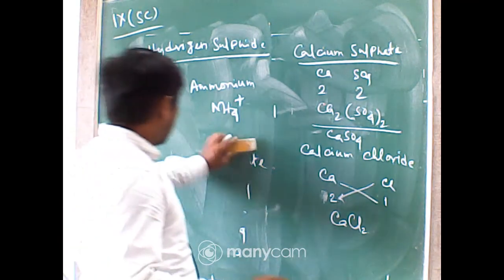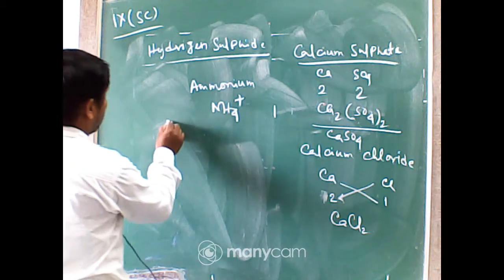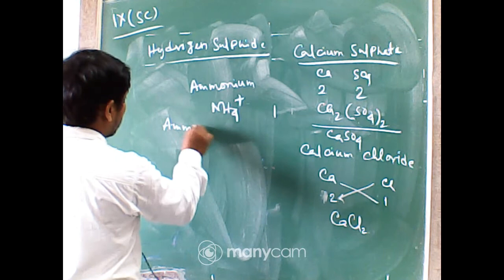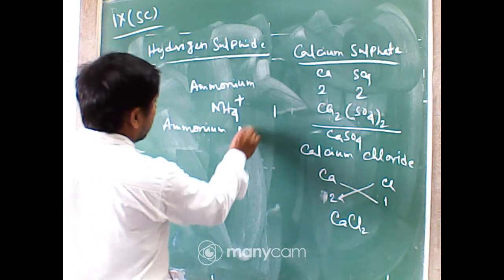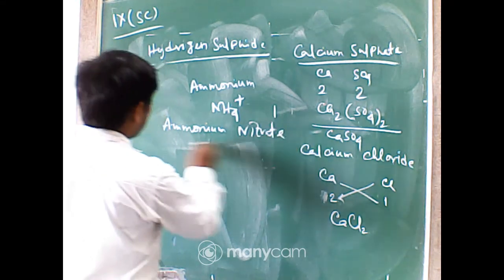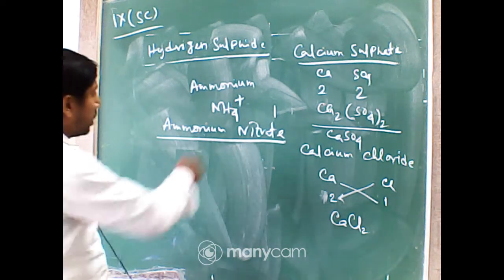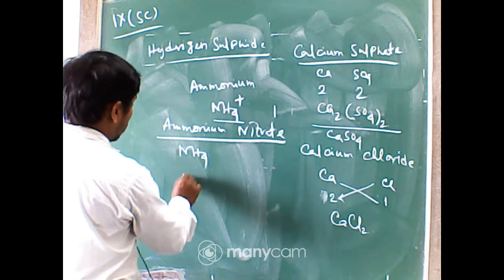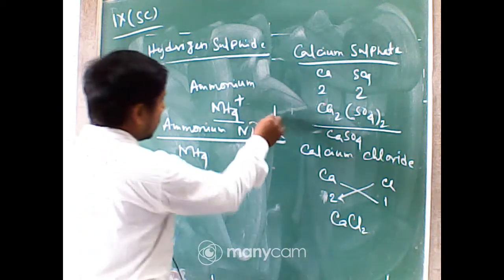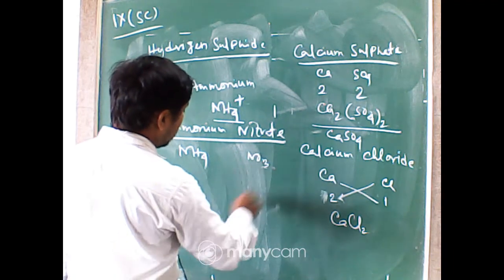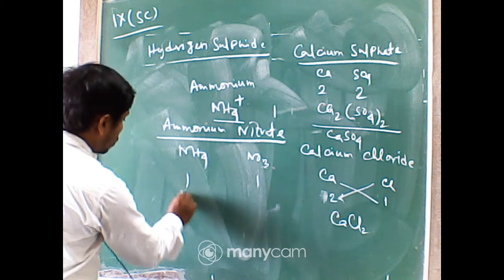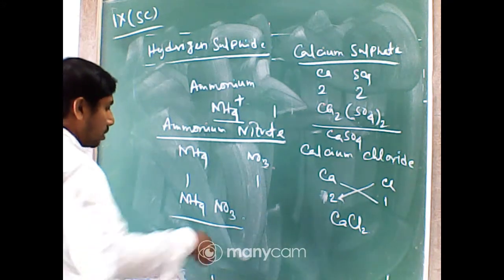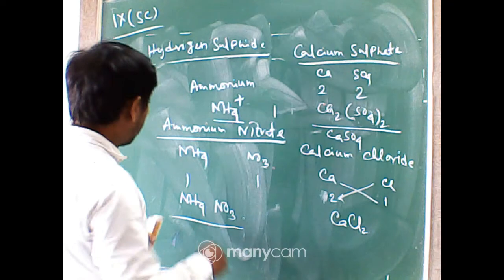Okay. Now, what would be the formula for ammonium nitrate? Okay, do it. I am doing it because this is the first time it is introduced to you. So, ammonium NH4 valency is 1, just written here. Nitrate NO3, it is also 1. So, the formula will be NH4NO3, no space, NH4NO3.